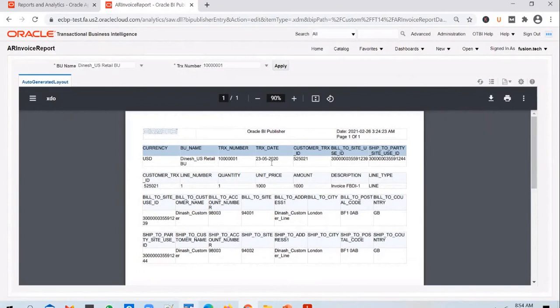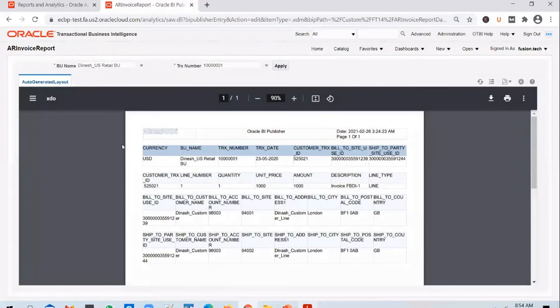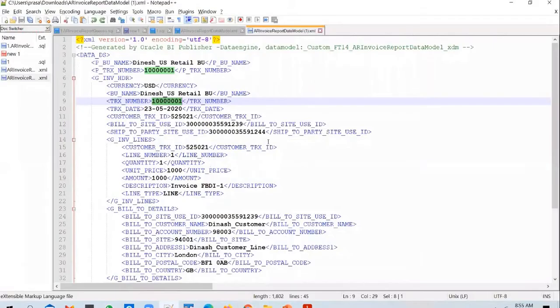We can't send this PDF output to the customer. This PDF output needs to be converted into a PDF file that looks like this. So we were able to auto-generate a layout which is generating a PDF output now, not an XML output.